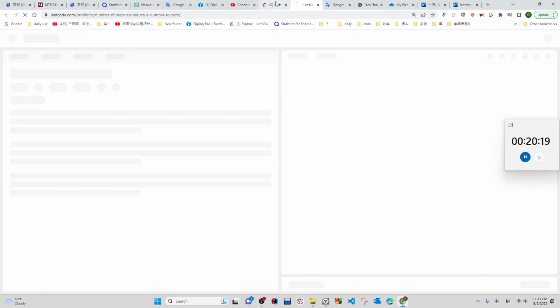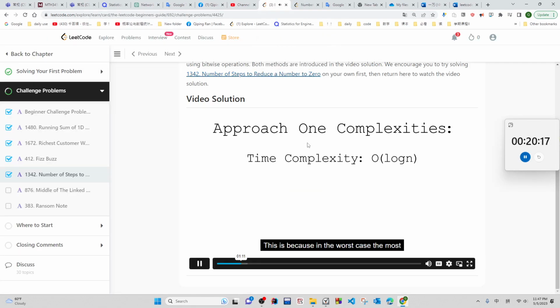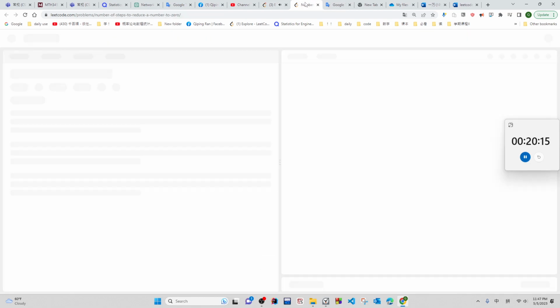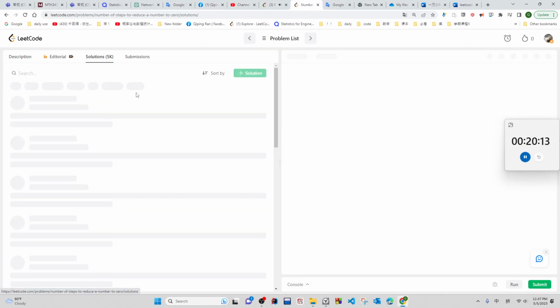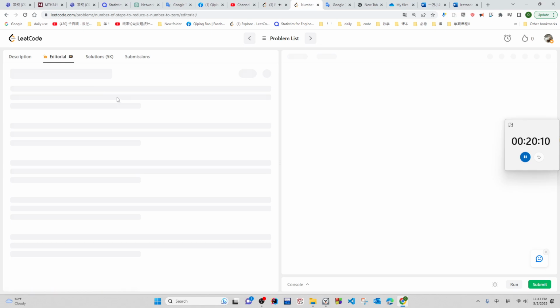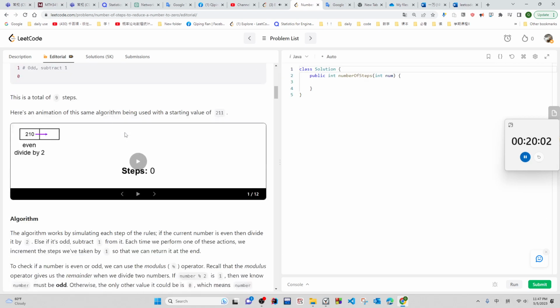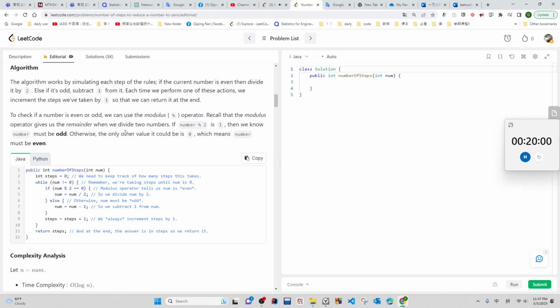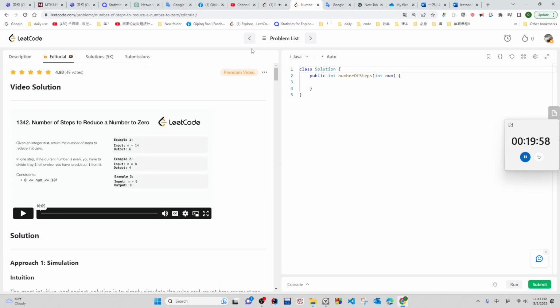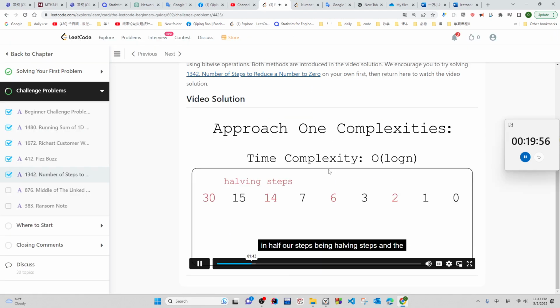The time complexity is big O of log of n. This is because, in the worst case, the most steps we can take for a given n will be when every time we halve, we subtract 1 in the following step. Consider this example. When num is even, we halve, and when it's odd, we subtract 1. But by subtracting 1, we make num even, which means we must halve num in the following step. We can see that this is the worst case example, as every time we halve, we must subtract 1, resulting in half our steps being halving steps, and the other half being subtracting steps. However, it's also possible for a halving step